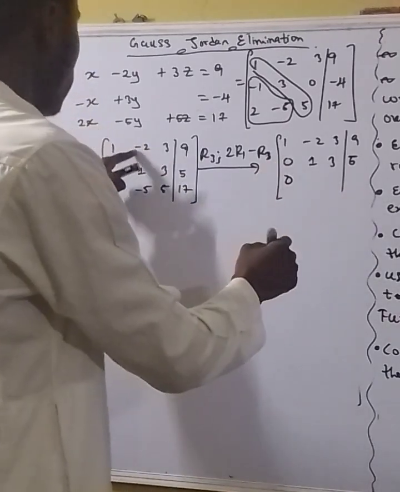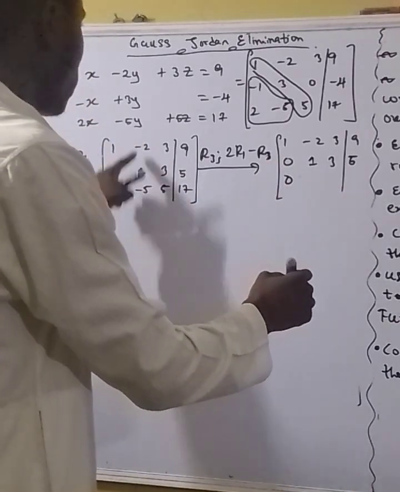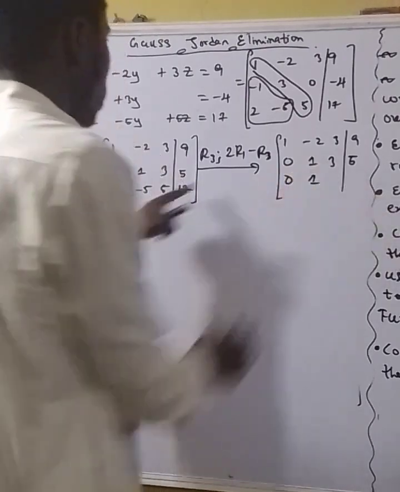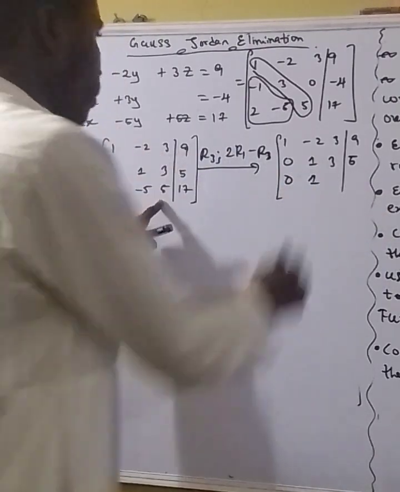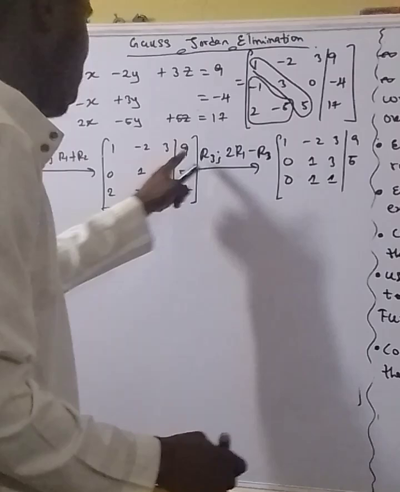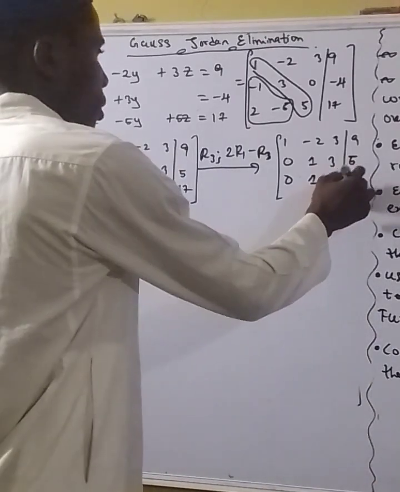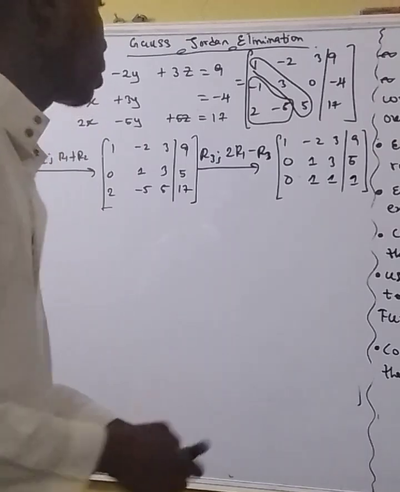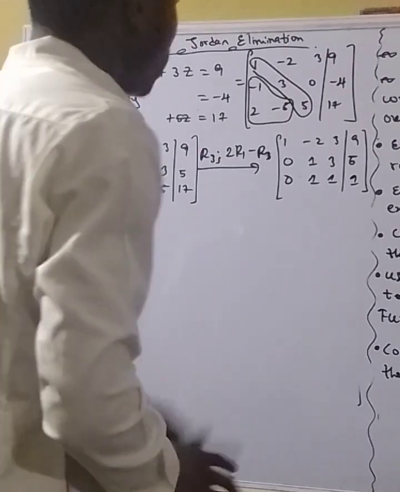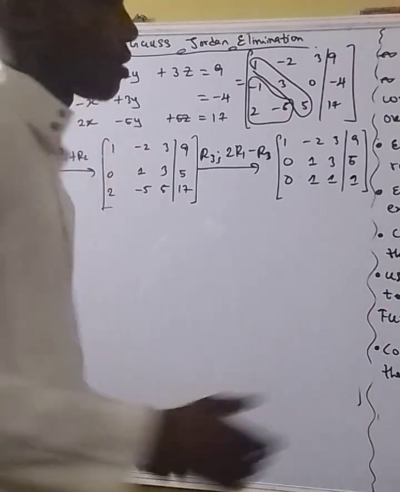2 times negative 4, minus times minus plus negative 4, this gives us 1. 2 times 3, 6, 6 minus 5, this gives us 1. Then 2 times 9, you have 18. 18 minus 17, this gives us 1. So do not forget, we look for a way to make sure that this also becomes 0